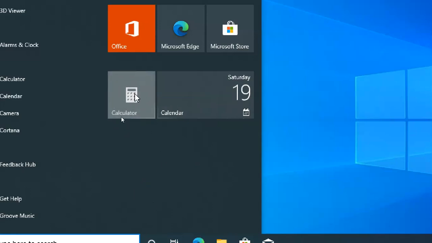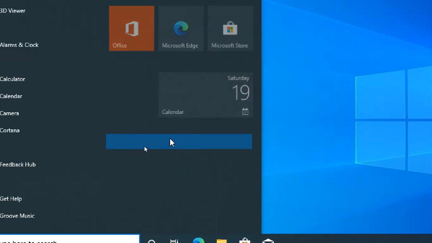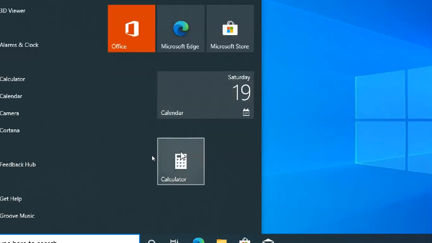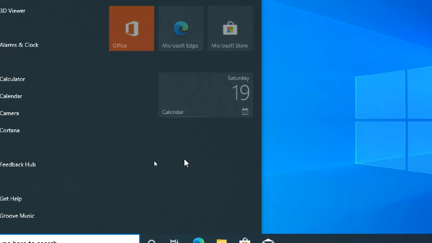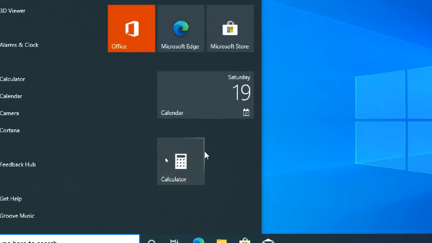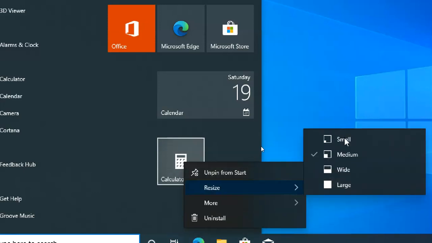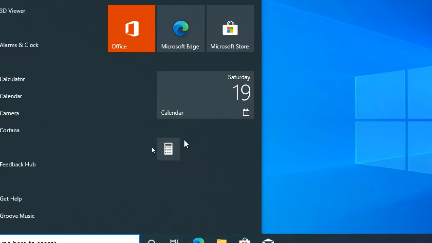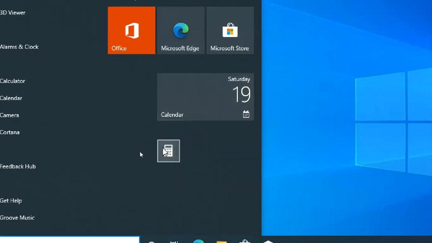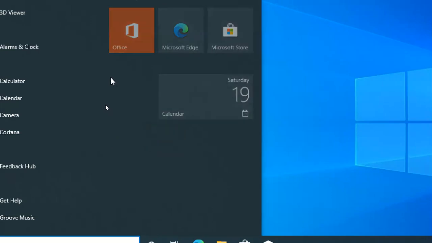If I want to adjust, like no, I don't want to put the calculator beside this one, then I'll put it on another side. Like that. So I can make it smaller also, like the calculator. I'm using it very little here, so I want to make it smaller. This is the small one.